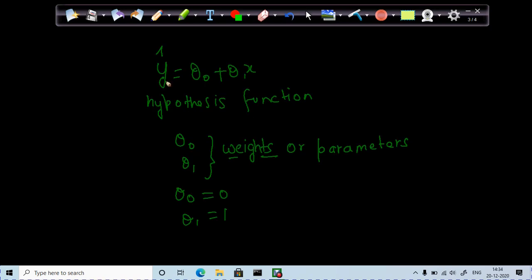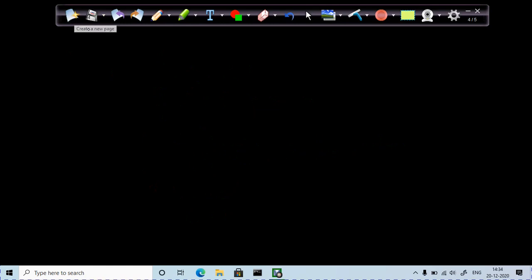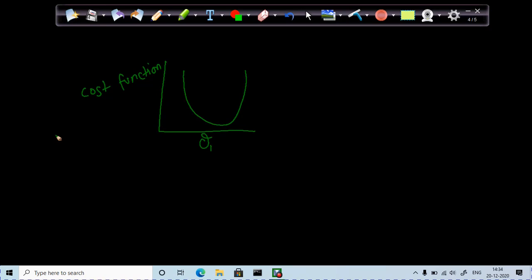Now you must have seen this linear regression hypothesis function in which theta naught and theta 1 are weights or parameters. Now I have initialized theta naught and theta 1 randomly, and I calculated the cost function and it turns out that my model is not performing well, or the value of the cost function is very large. Now what will I do in this scenario to optimize or enhance the performance of my model? I will use the gradient descent algorithm to optimize the model.